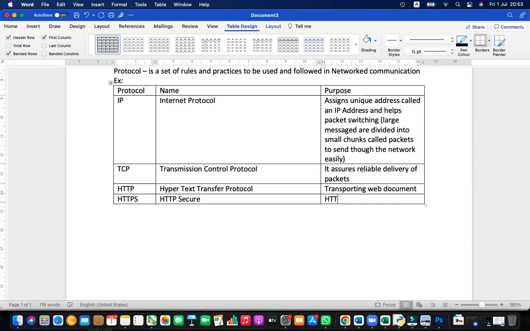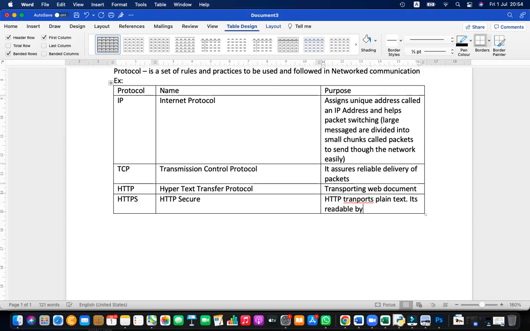Actually, HTTP transports plain text, that means original text. It's readable by a middleman, it's readable by anyone.